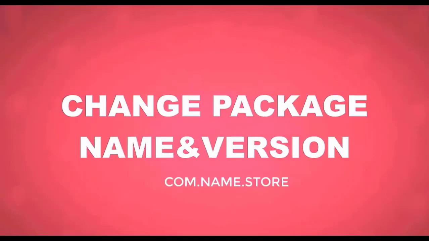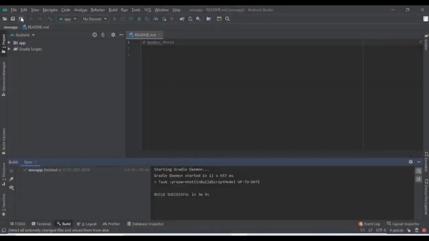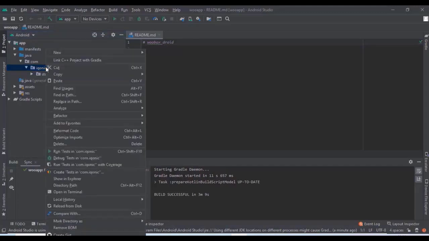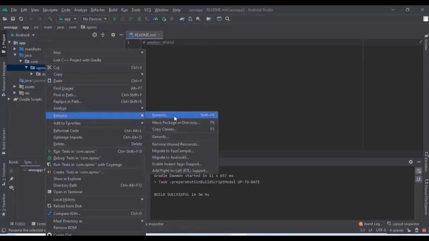Okay, now once you finish that, change your package name and version of your app. In order to do this, first click on the app and click on this Java, click on the .com section and click on this dummy name, demo name. Just right click on that demo section and you can change your package name there. Just select the refactor and click on rename